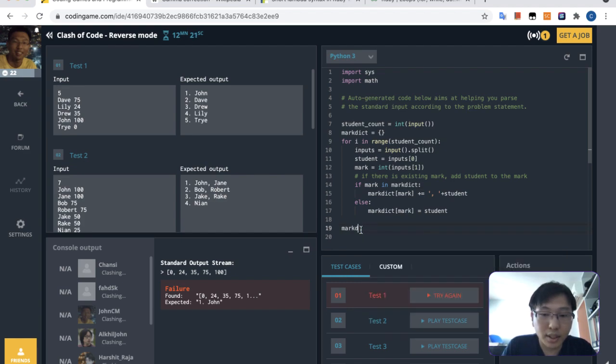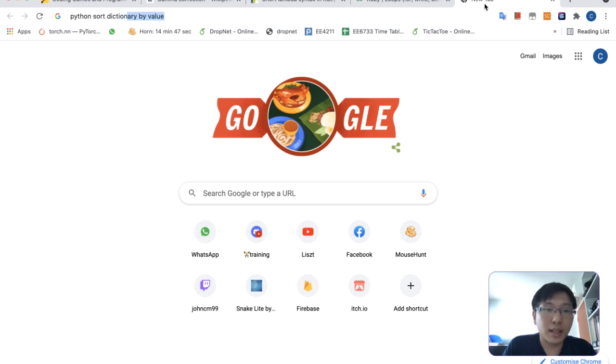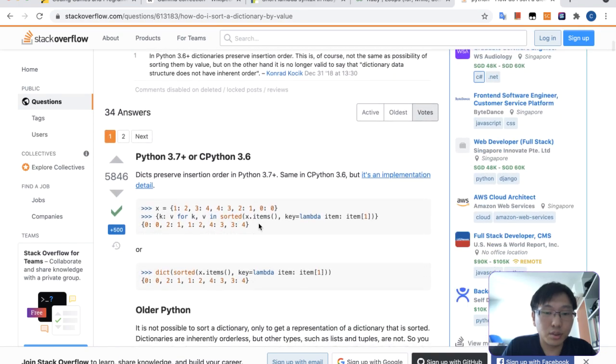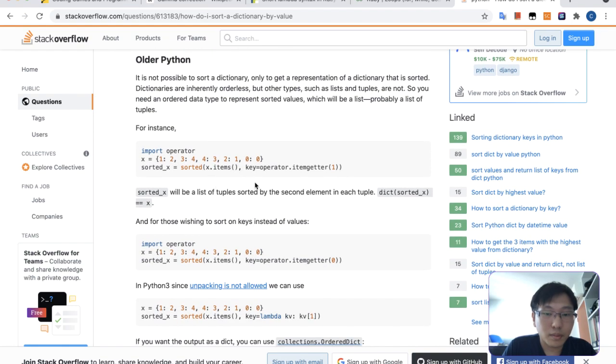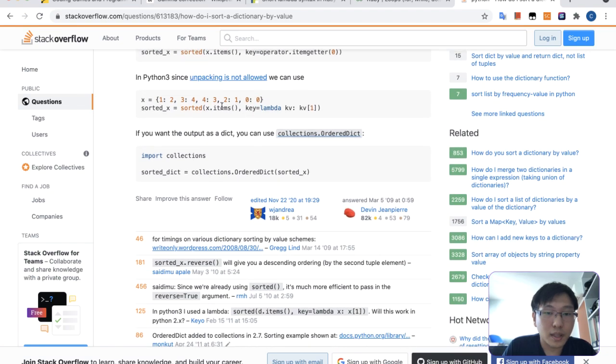Okay, let's try to do this another way. Mark dic dot sort, key mark dic. Maybe this would work. Okay, I want to sort the dictionary. I might have to convert it to a list, and then sort it. I guess I have to do something like this. Sorted x dot items. Okay, key equals this lambda